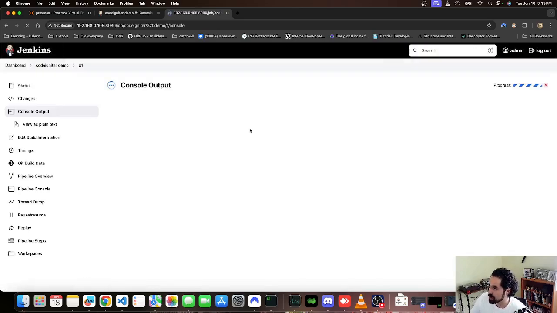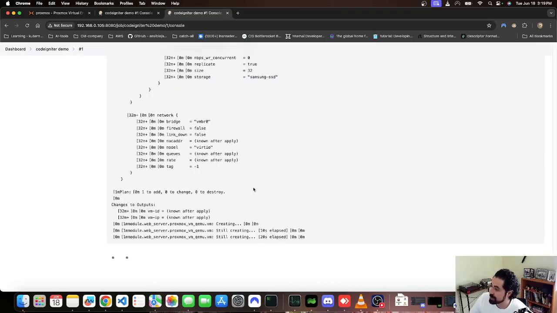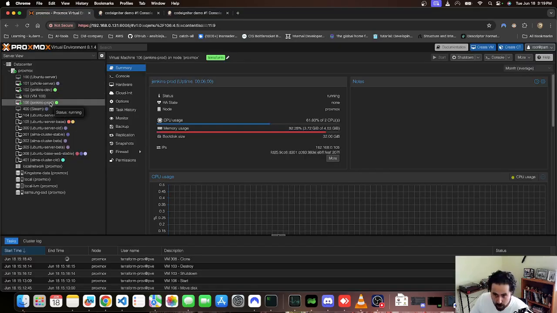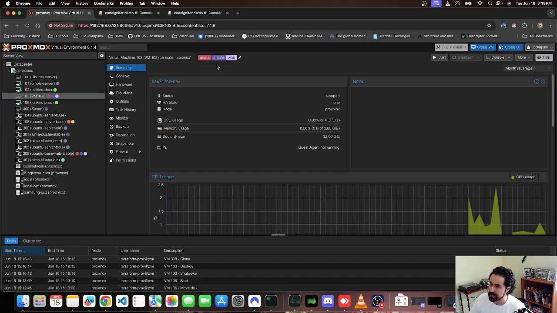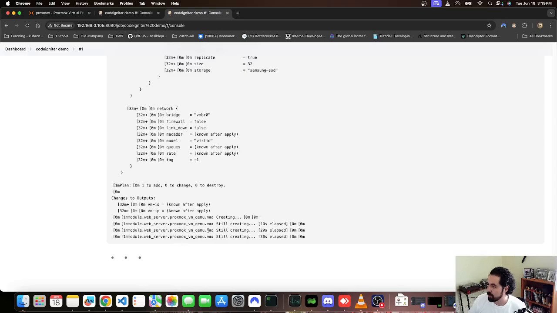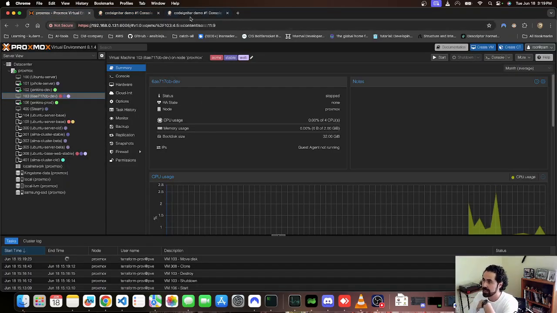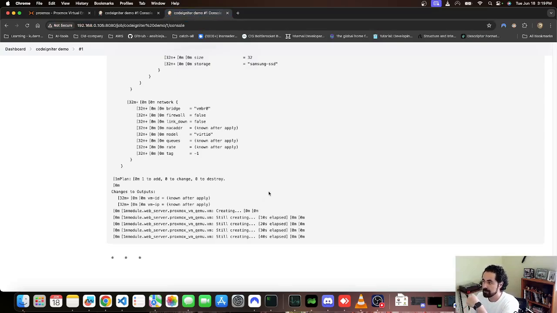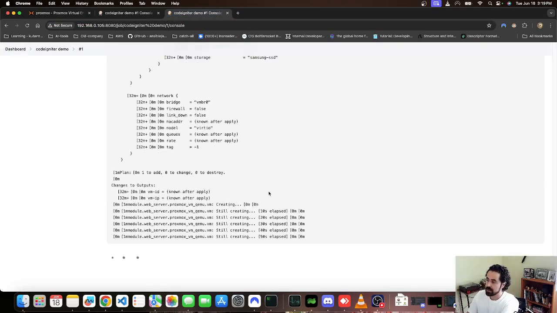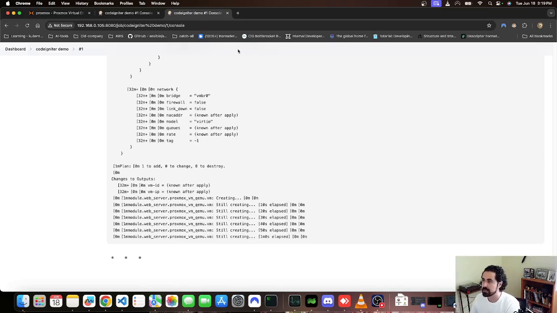Now if I go to the console, you will see that the Jenkins prod is provisioning another virtual machine, which is going to act as a web server virtual machine. Once that is provisioned, we're going to go through the same process as what happened with dev, where the Jenkins pipeline copies all of the source code of the application